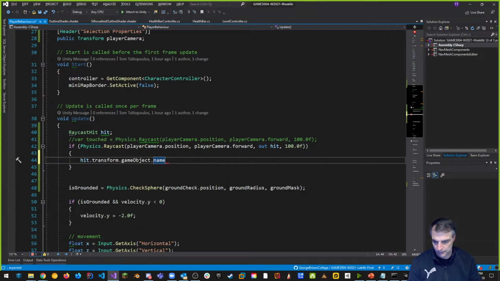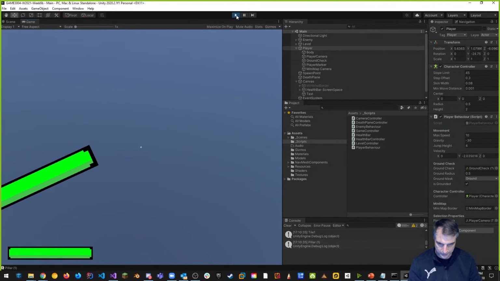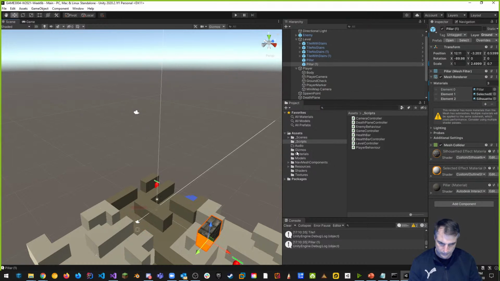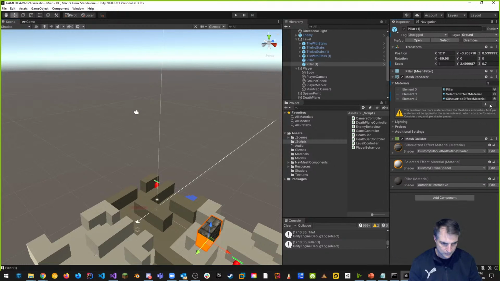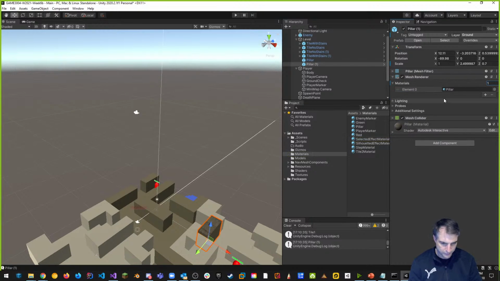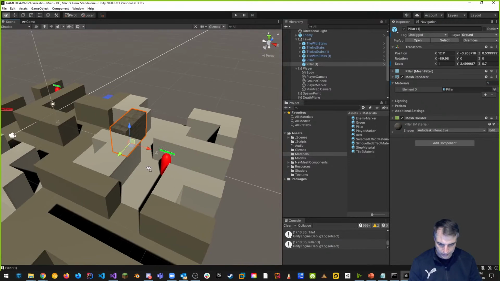So again, going back to the object, let's look at what it looks like in Unity. Let's stop this, and if I go back to my pillar, any pillar, this one, with the effect on it, let's get rid of these 2 materials. So I have only one material there. The material number is 1. I have the pillar material. There it is. When I click onto it, I want